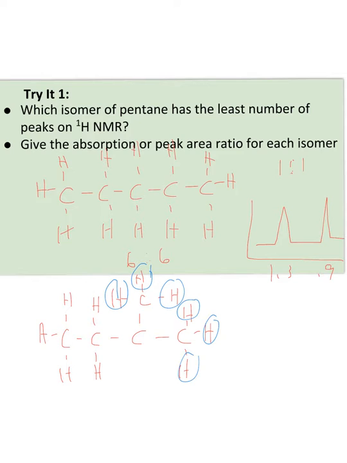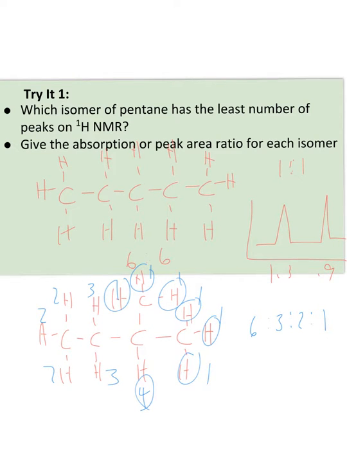So I've got one environment here, a slightly different environment here, and a third environment here. And I notice I've got a 4th one because I forgot to put my hydrogen there, and a 4th environment here. So I'm going to see a 6 to 3 to 2 to 1 peaks going on with this particular